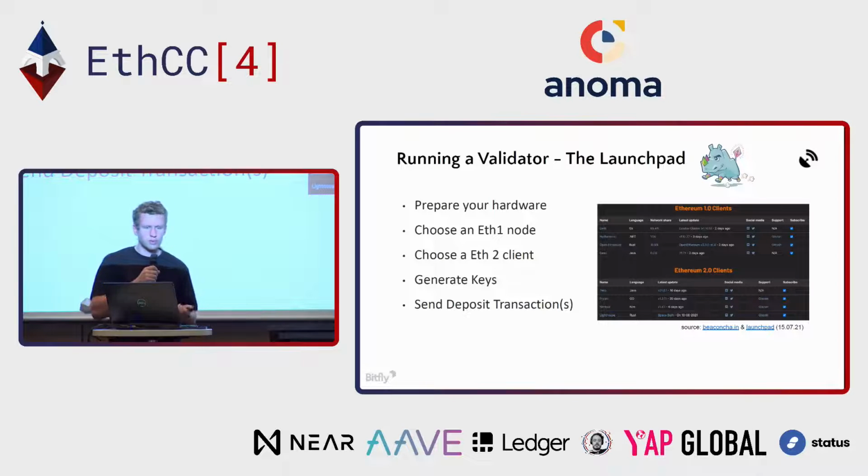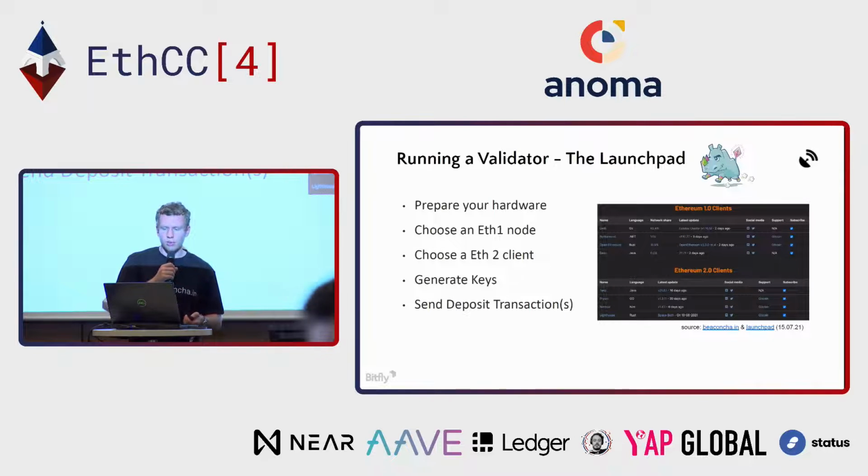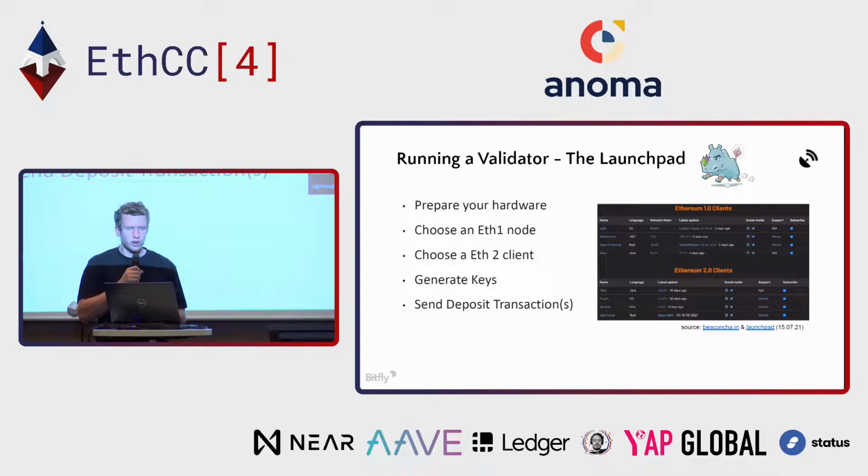We also have on our website a list of the different Ethereum 1 clients and the different Ethereum 2 clients. And you can also subscribe to updates for when one of the client versions gets updated. You get email notifications and even push notifications in our mobile app, so you know when to update your software. And then over the launchpad, you can generate the keys for the validator and send the deposits to the